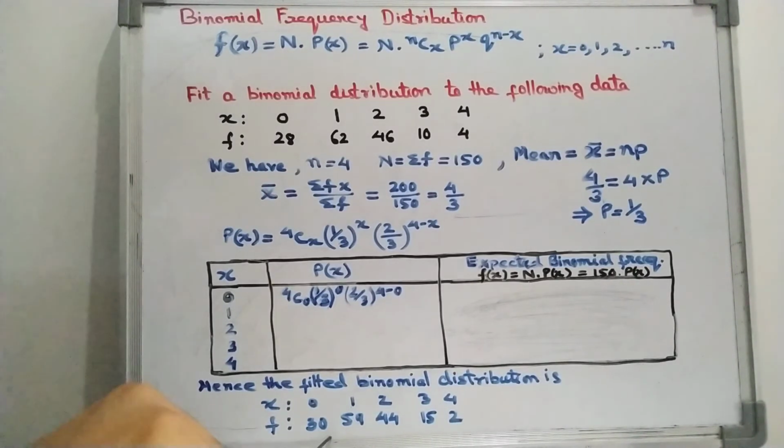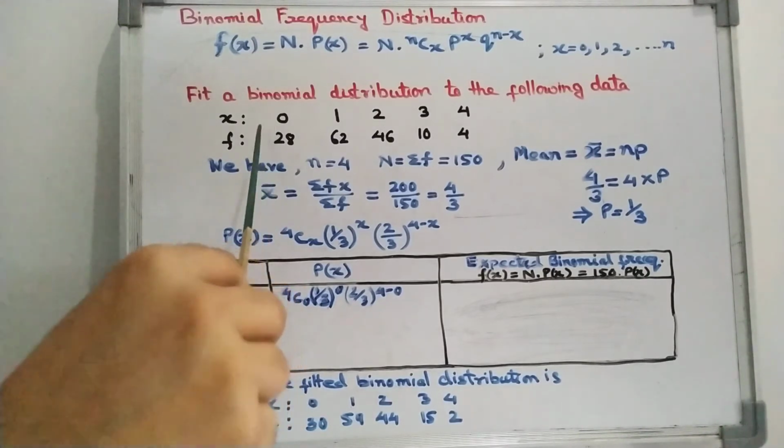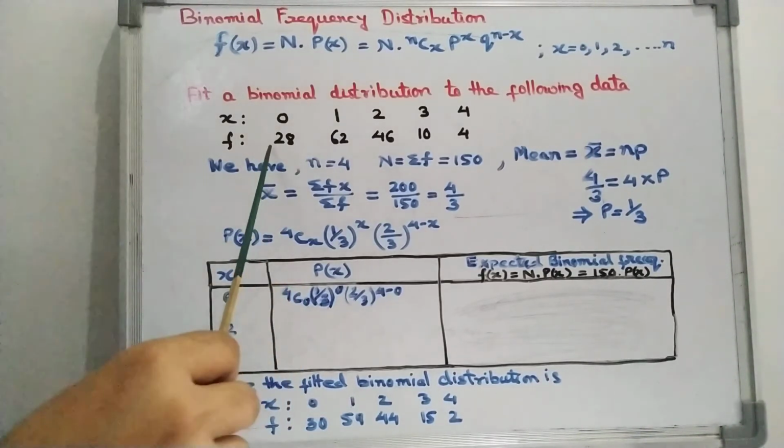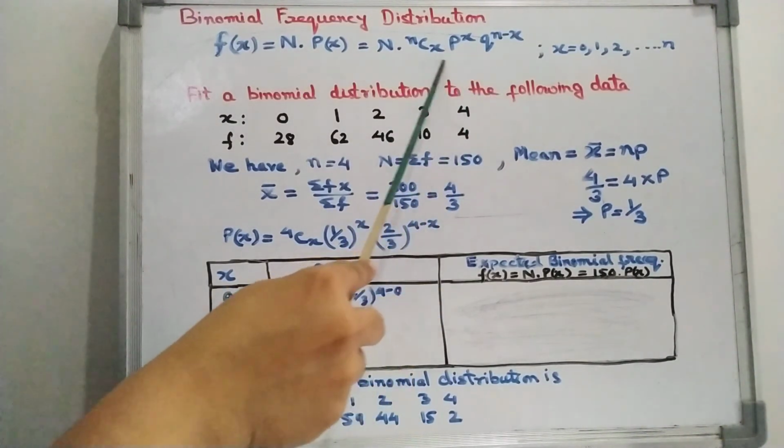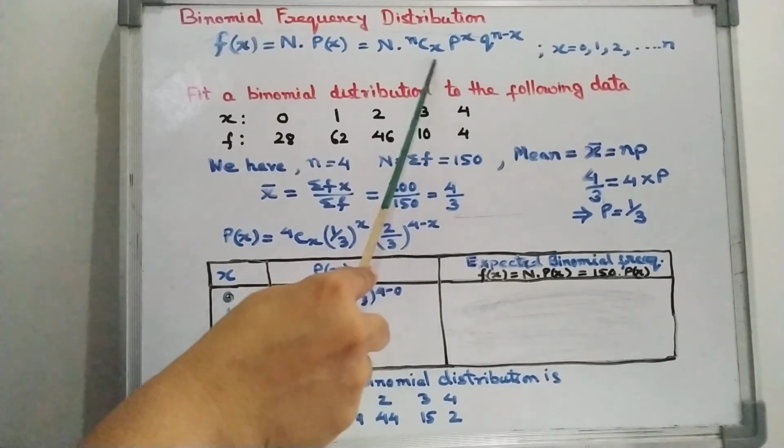So all the figures are very close. No? The observed and expected frequencies are very similar or very close to each other. So we can say here the fit is good. So this is the way of fitting any distribution. Here we have done it for the binomial distribution. For other distributions also we can do it in the same way, we just need to change the probability mass function.